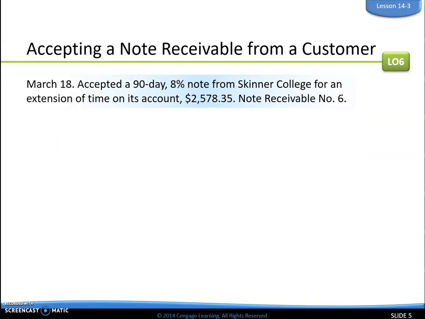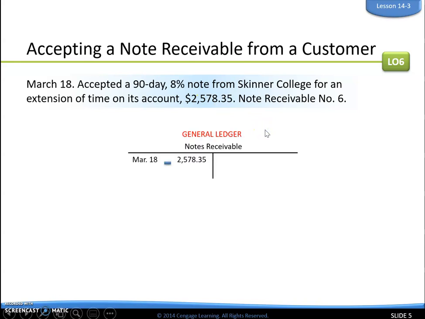All right, so on March 18th, we accepted a 90-day 8% note from Skinner College for an extension of time on its account, $2,578.35, note receivable number 6. So what's happening here is that Skinner College is not able to pay us in the previous time that they had said that they would pay us. And so now they are doing a promissory note, just promising that they are going to pay us. And so we are accepting that note. So we're giving them 90 more days, and now we're charging them an interest rate of 8%,